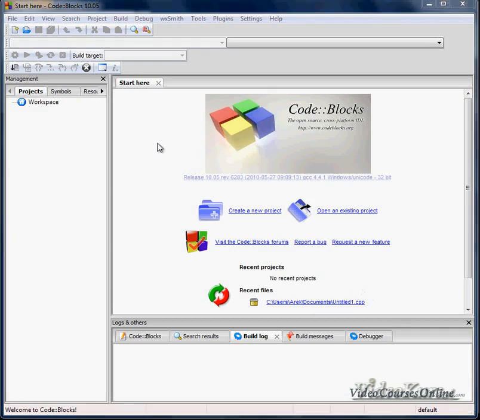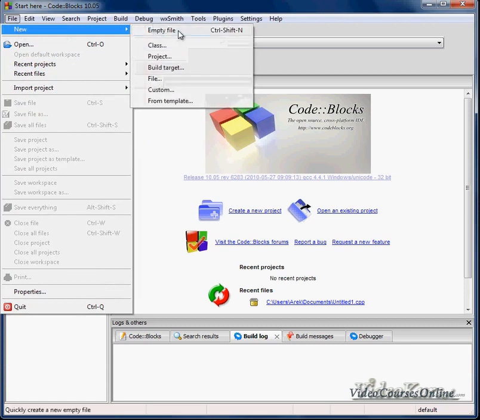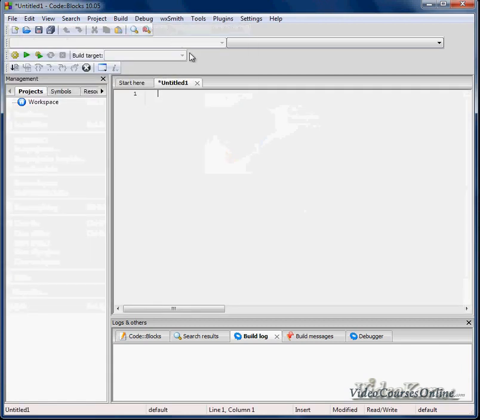So now we have just opened the IDE, Integrated Development Environment, so we can create a file. We will click File, New, Empty File. And I will write a very simple program right now. I will write it as fast as possible so you won't lose your precious time. Okay, now I will add cout hello world,